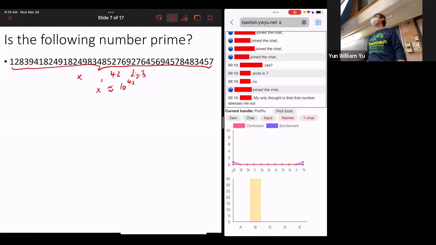Your only thought is that this number stresses you out. Well, it is a really big number. And to be honest, when I wrote this number down, I wasn't sure if it was prime or not. I just randomly typed in numbers on my keyboard until I got a number that was 42 digits long. And yes, these are pretty big